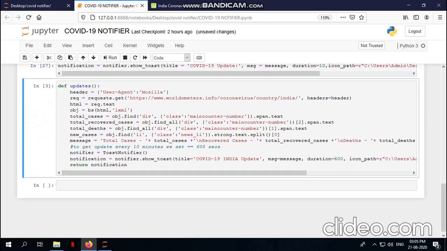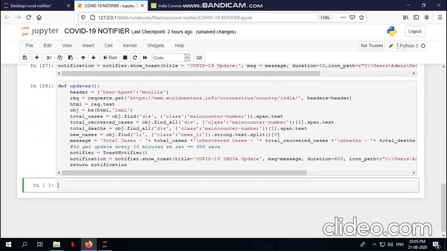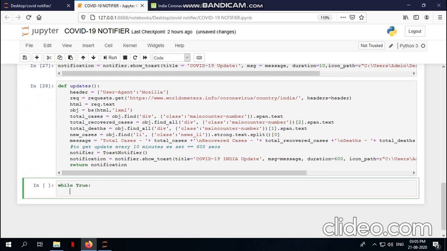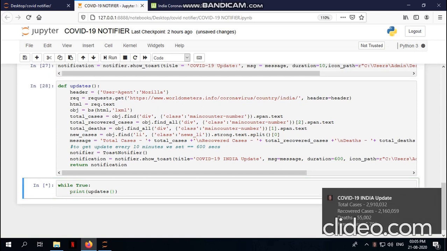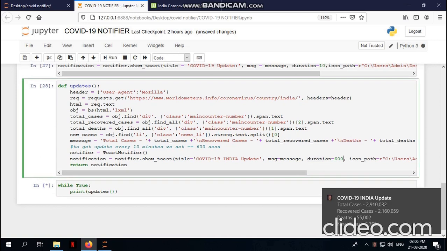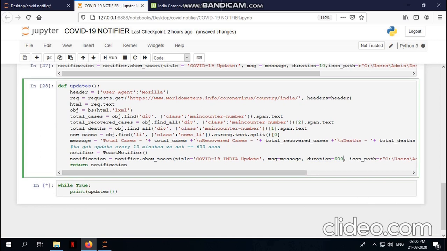Okay, so suppose I run this function, and then I give it to a while loop, like while True print of updates. Then I'll get a notification. You can see I've passed duration as 600. So 600 is 600 seconds, that means 10 minutes. So this loop is going to run forever. So this loop will give me a notification every 10 minutes.